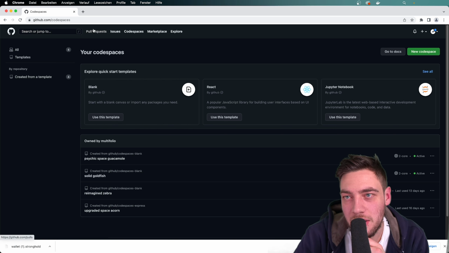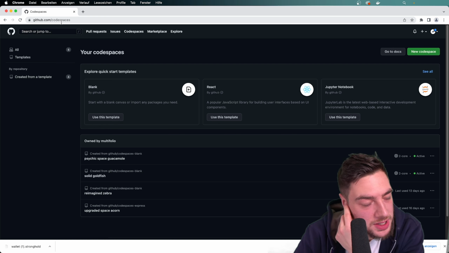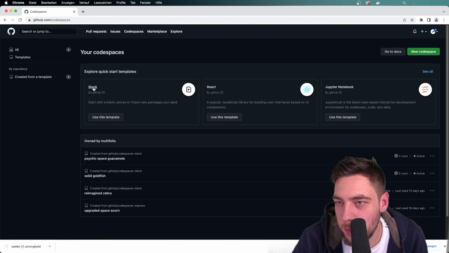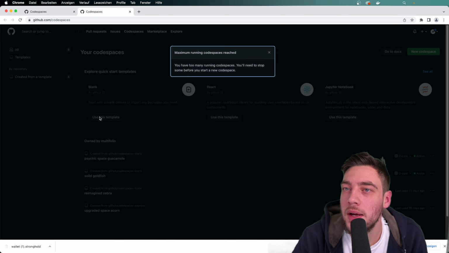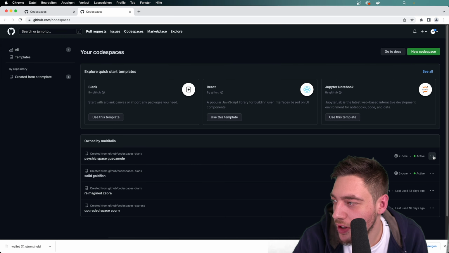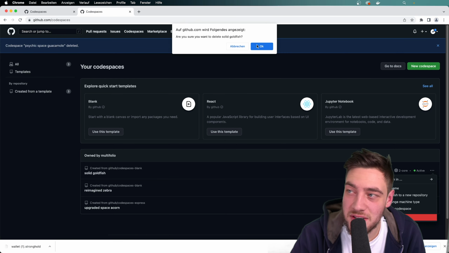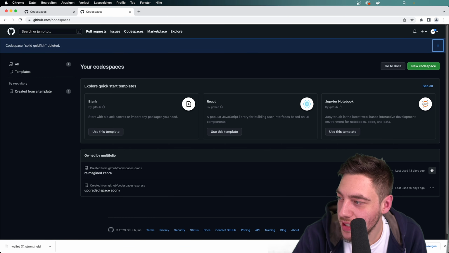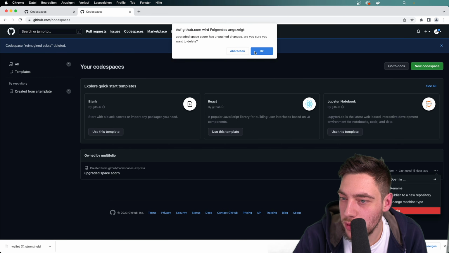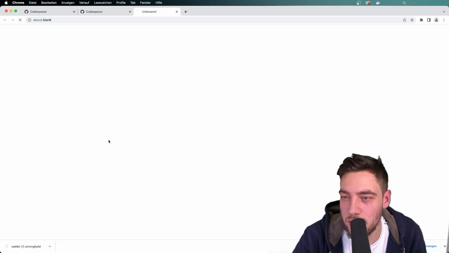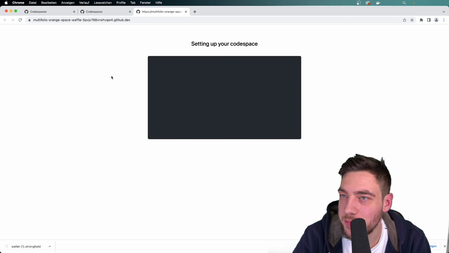So you have to log in to github.com, then go to /codespaces and just use the blank template. I've tried that several times, so I have to delete my code space. And this is really important to make it secure. Later, please delete your code space, so get rid of all those space acorns. So use this template. We spin up a new instance,